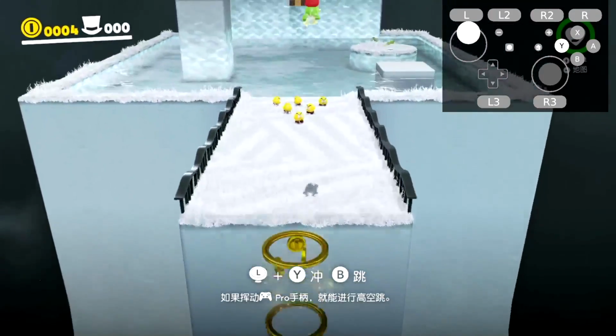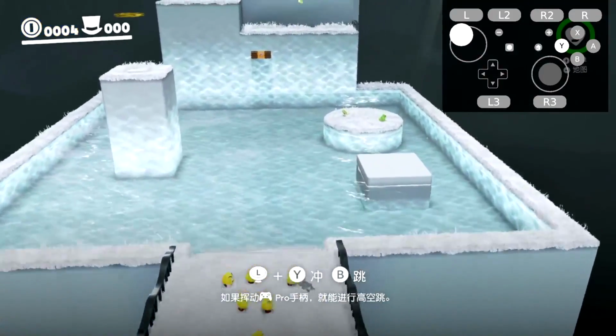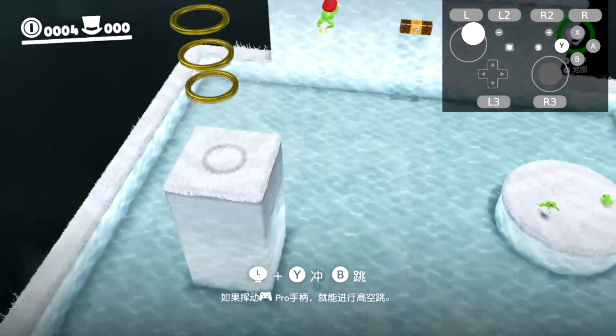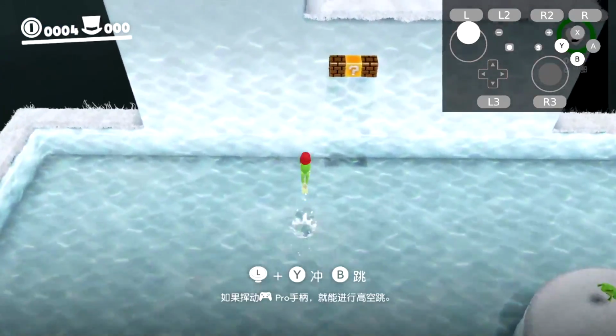You may notice top runners doing this zigzagging pattern here. This is what's known as vectoring in Super Mario Odyssey. I do have a video on the topic that explains it, here in this frog room in fact. And the reason that you will see top runners doing this is because vectoring in midair actually gets you a